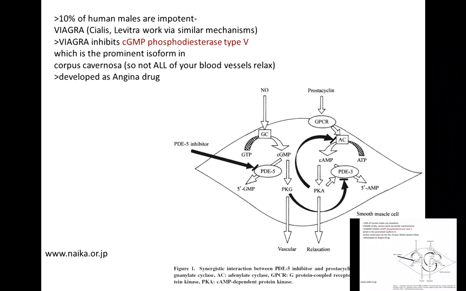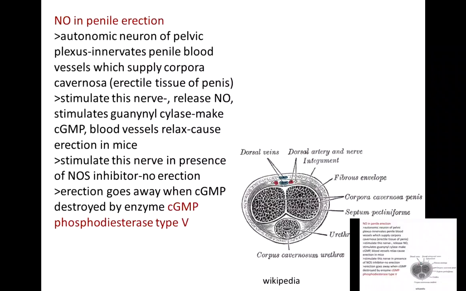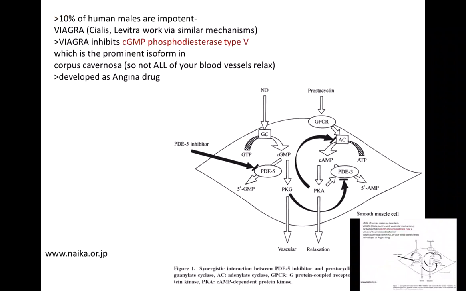So all the other parts of the signaling pathway have to be there, and the male has to be sexually stimulated so that that nerve, the autonomic neuron, is sending action potentials. And cyclic GMP has to be made, but then